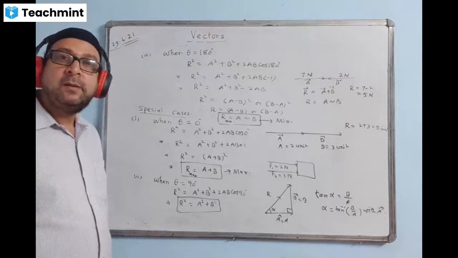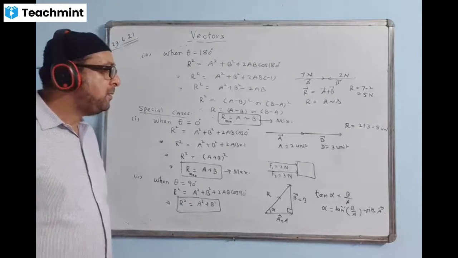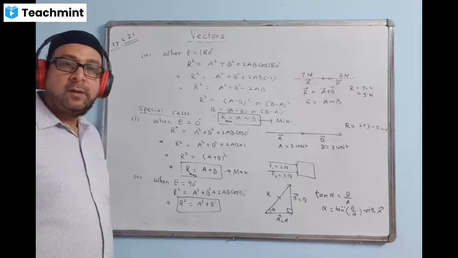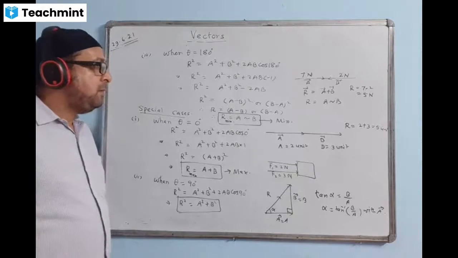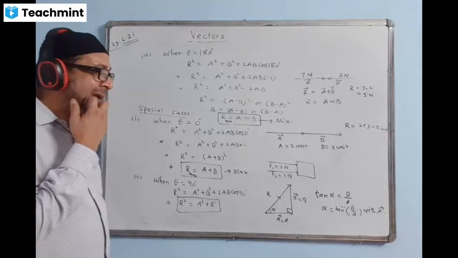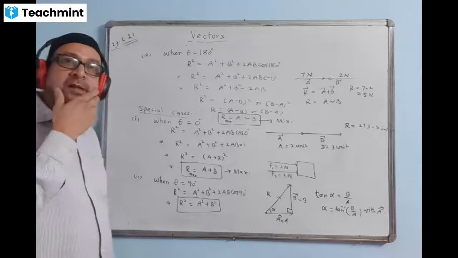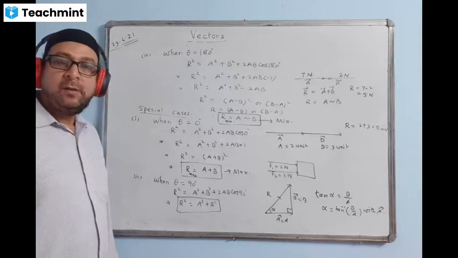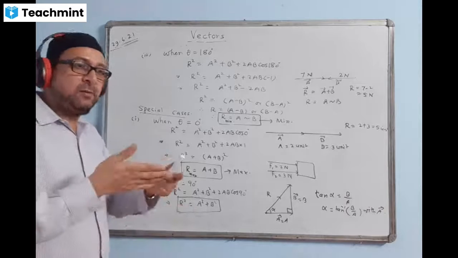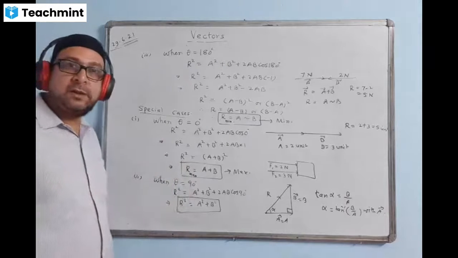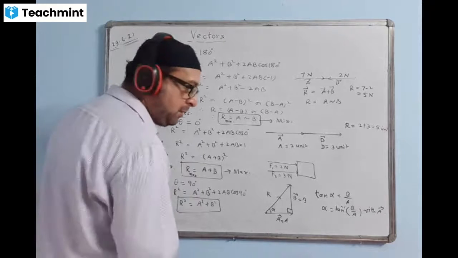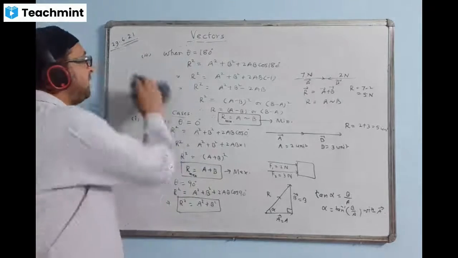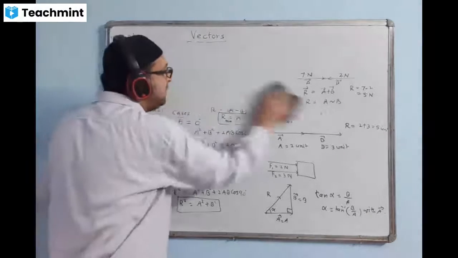In this third case, if both vectors are equal, then the answer will come 0. In the third case, if both vectors are equal, then which direction? The resultant is coming 0, so we will not mention direction, because it is a zero vector, the magnitude is 0. It doesn't have any direction, because both of them are equal and none of them is bigger. So we will not mention the direction in that case, because the total resultant is becoming 0.